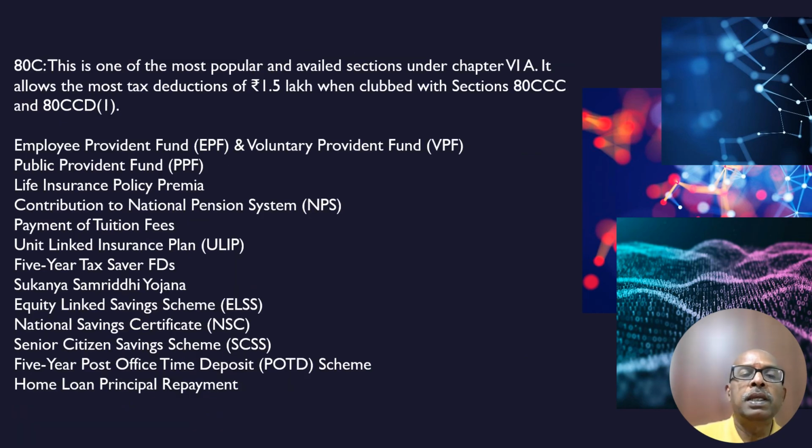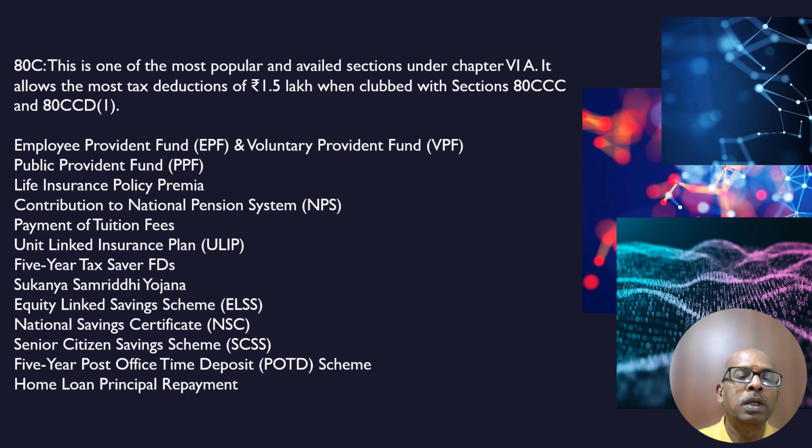Now we are going to see what are the things under 80C. 80C maximum we are told 1.5 lakhs. It includes all the provident funds, LIC premium, NPS contribution. NPS contribution can be here and that other format. So totally it will be 2 lakhs. Tuition fee up to 1.5 lakh. ULIP, tax saver fixed deposit. It should be 5-year lock-in period. Sukanya Samriddhi Yojana, ELSS, Equity Linked Savings Scheme, NSC, National Savings Certificate, Senior Citizen Savings Scheme, 5-year Post Office Time